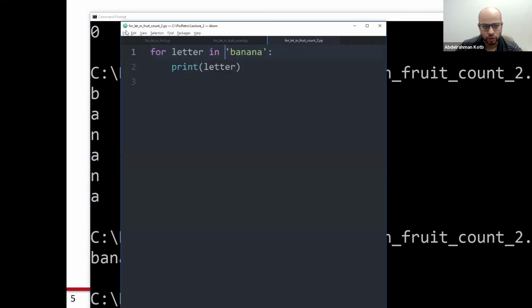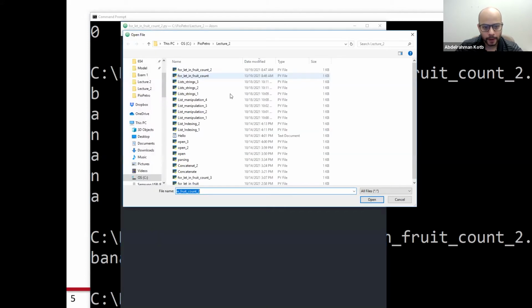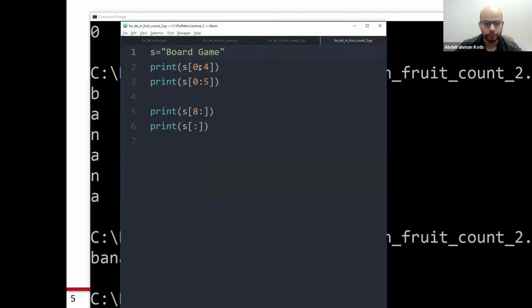The next example I wanted to show is this one. If you have a string, and again, a string can be 1 word, 2 words, it can be 100 words. Because for Python, when it sees a space within a string like this one, this is another character. It's like A, like B, it's like another letter. So it doesn't really matter.